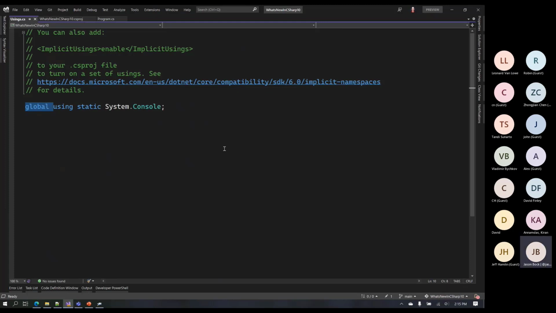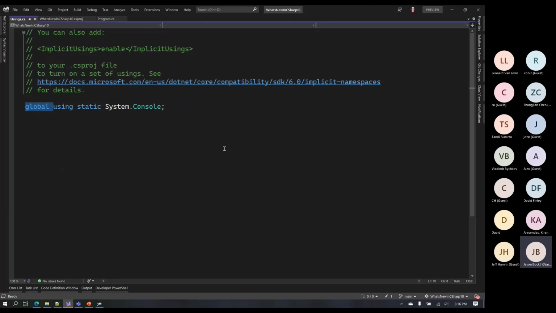One thing also to keep in mind with this is just how many namespaces do you bring in globally and that you want accessible across your app, because it could start leading to certain cases where if you have a type name that's the same across two or more namespaces, does that start to become a little bit of a problem that you have to now do a type alias or something like that? Again, because this is a new feature, this is something that people are going to have to kind of figure out and sift through.